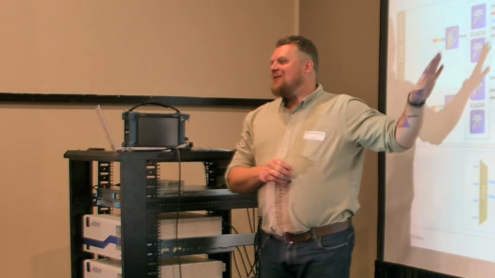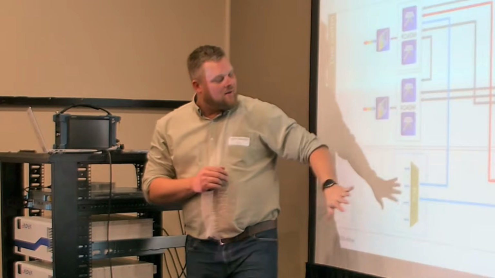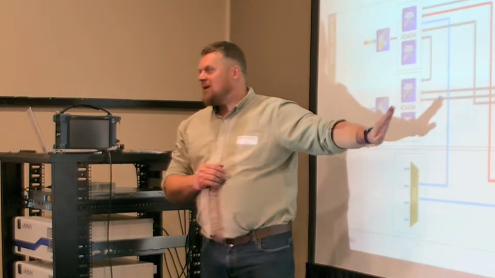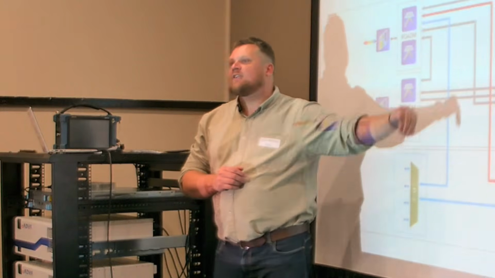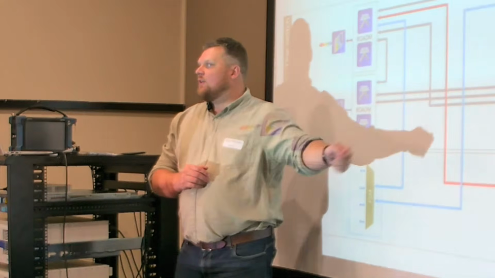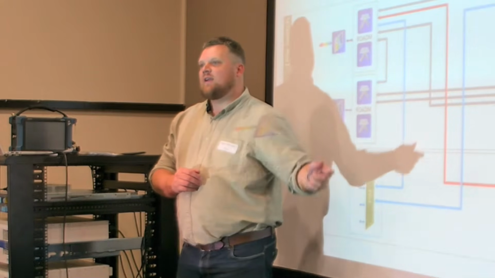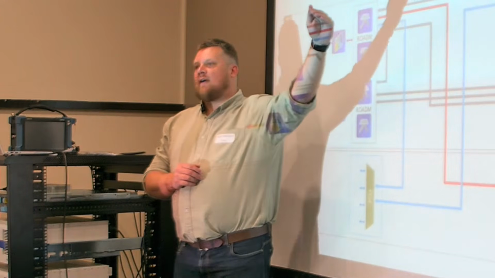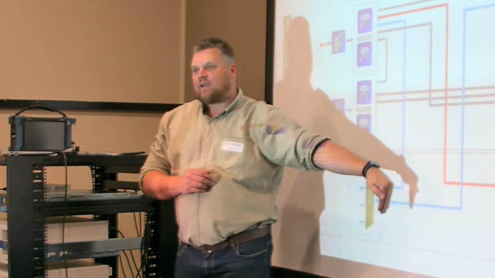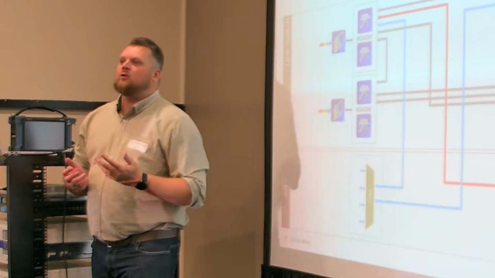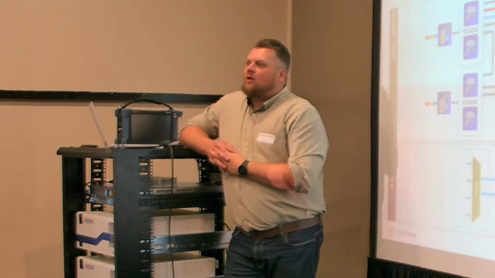So as you can see, there are many different architectures. You don't have to do directional and colorless. You can just do fixed. So you can still have a ROADM, but then each one of these ROADMs will have a fixed filter hanging off of them to add to that degree. So then when you want to use a specific degree, you have to physically patch it onto that degree. But your pass-through traffic is routed there. Your drop traffic and add traffic is handled here at the bottom. So it's really horses for courses, guys. It's just like the way you start deploying your network and adding traffic to the network.